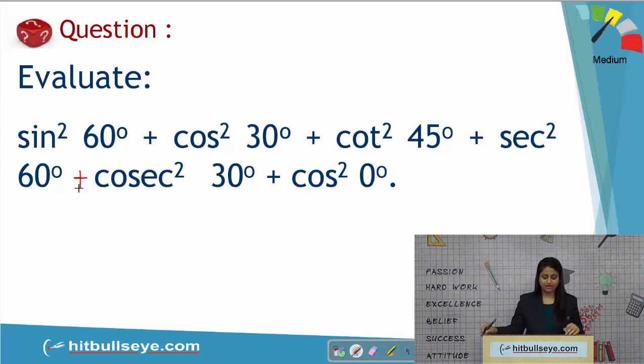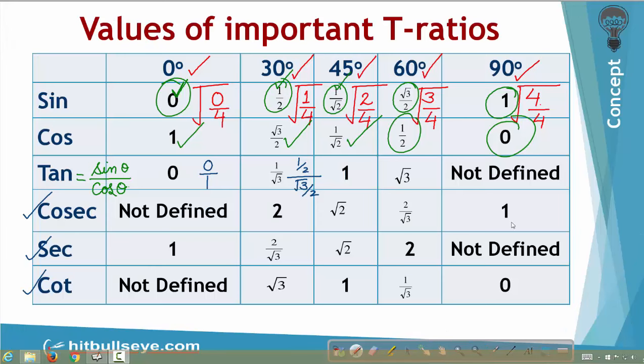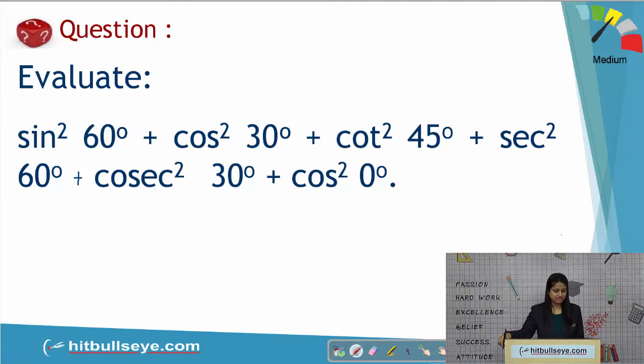So what should be the value of this? So let us solve a question based on this table. It says evaluate sin square 60 degree plus cos square 30 degree plus cot square 45 degree plus secant square 60 degree plus cosecant square 30 degree plus cos square 0 degree. From the table we can write down all the values and they are sin square 60. Now what is sin 60? That is root 3 by 2. So if we take its square, it will become 3 by 4